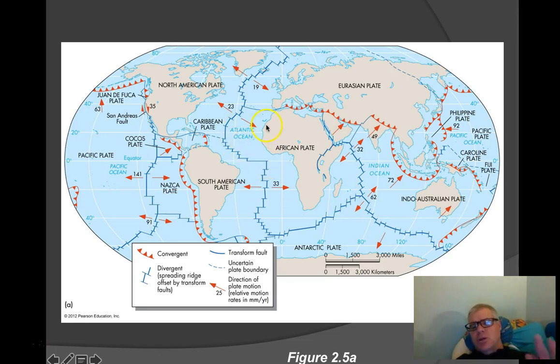And where those plate boundaries are, the plates are all oceanic crust, but you have these continents riding on top of them. The continents are embedded in these oceanic crusts as they move. And there's a few different kinds of boundaries they're showing here.